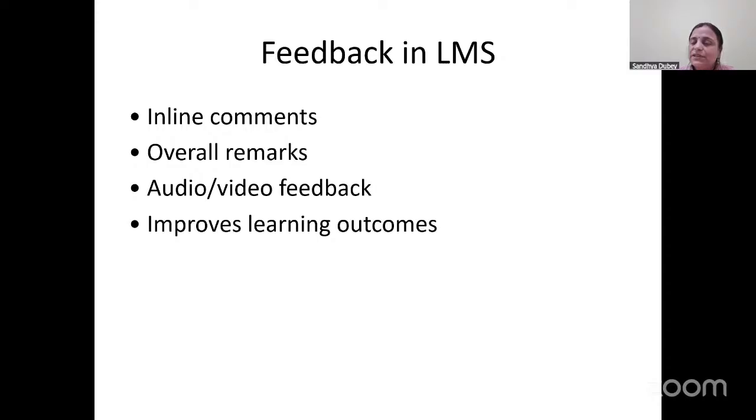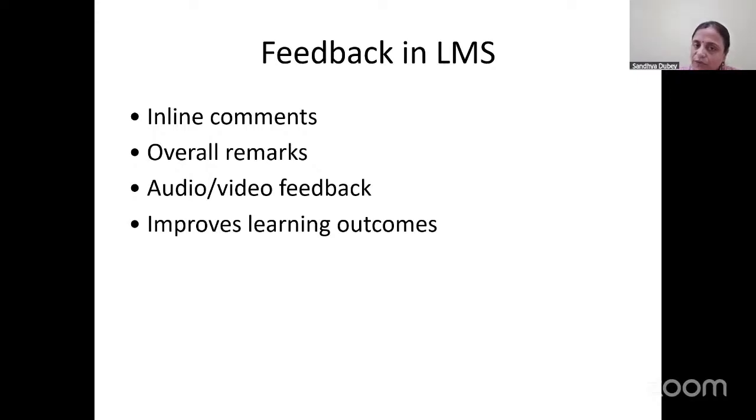Feedback in LMS: it also provides the feature to give inline comments, where for each student you can write the feedback and the feedback will be visible to the student, or you can write an overall remark if the outcome is over a 10 or under a 10. You can write for the complete section of the class what they are supposed to do.